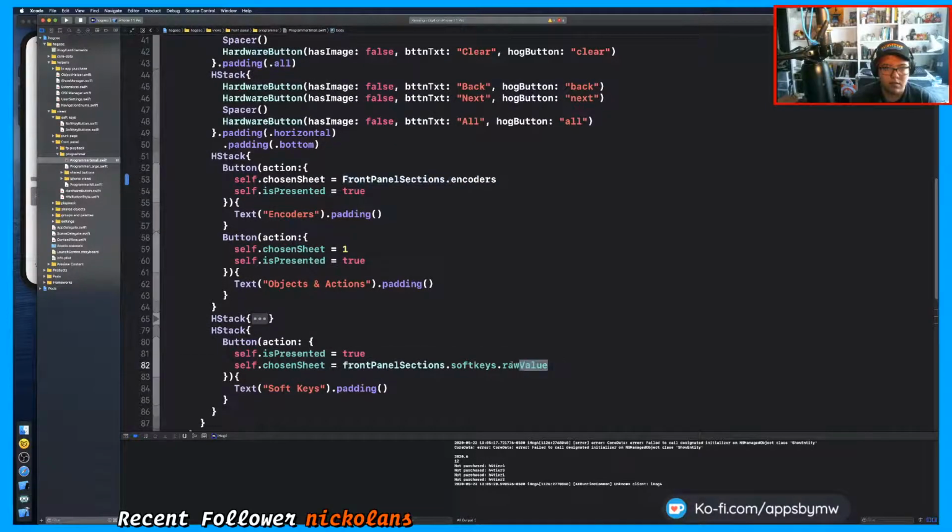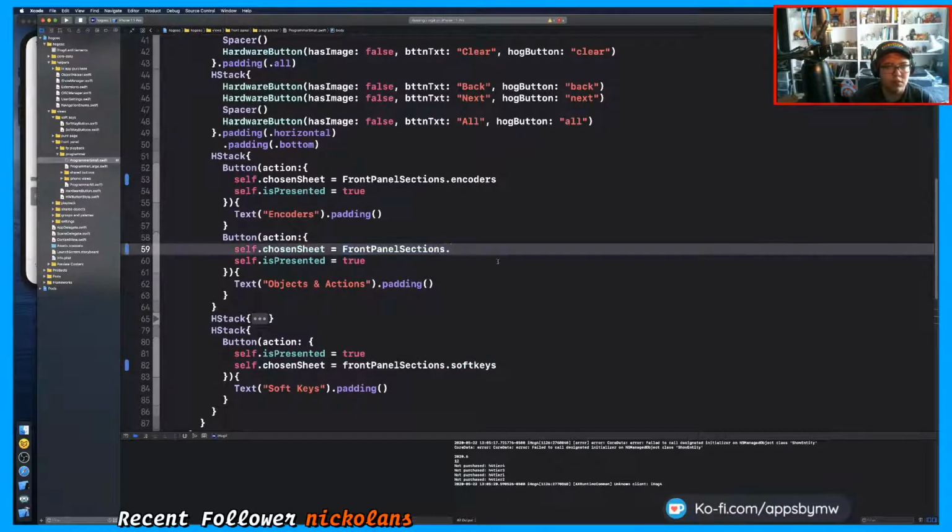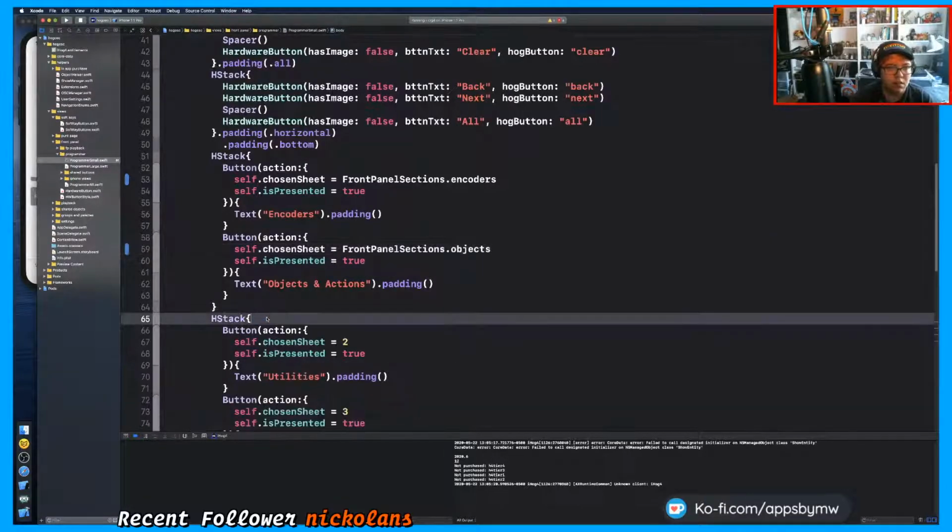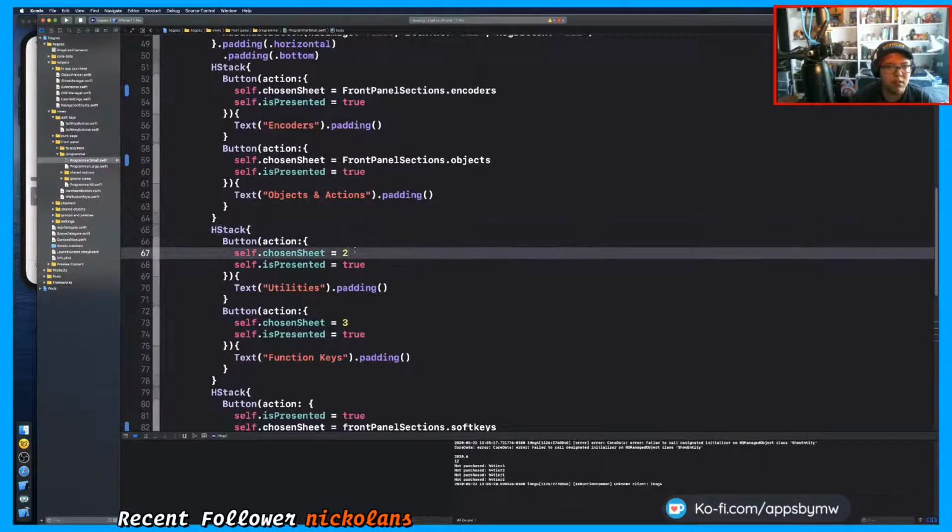We want this to still be soft keys here. Chosen sheet dot objects. And in this one here, that's why, because chosen sheet was associated with 3 both times. We're going to have it be front panel sections dot